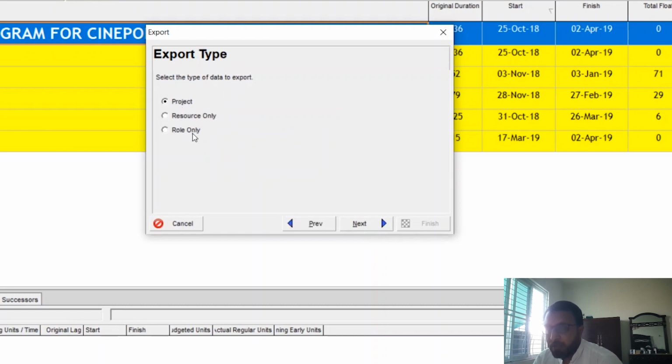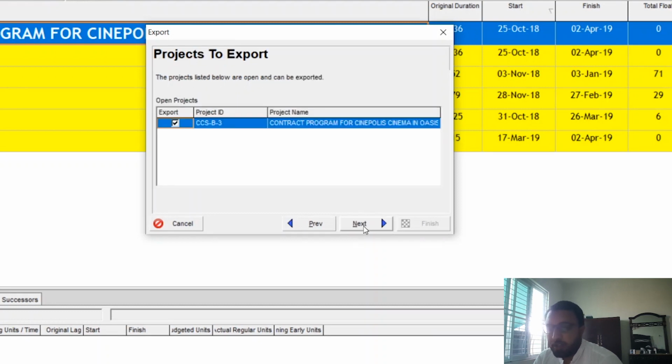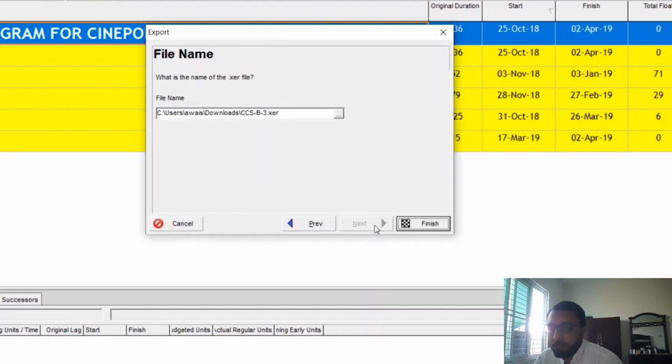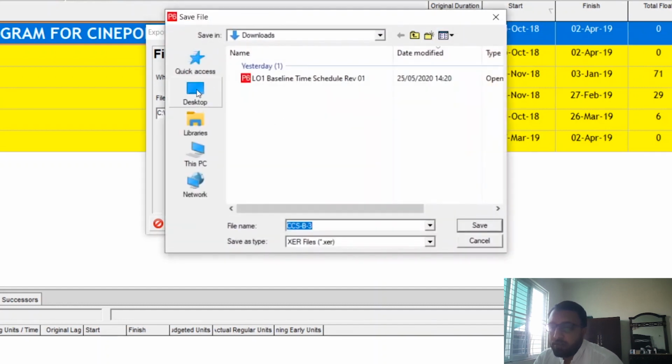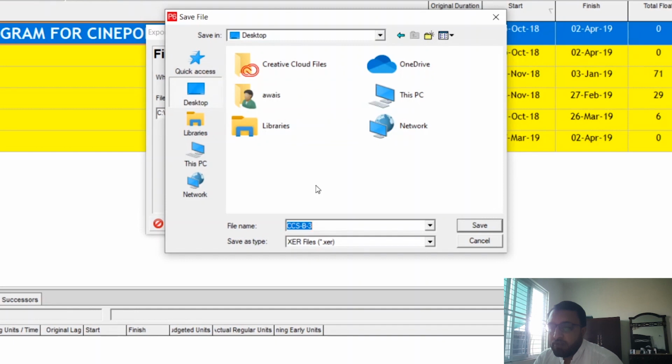Select the type of data to export: project, resource only, role only. We want to export the full project, then click Next. Here, which project do you want to export? Obviously this project is already selected. If it is, you must check this box, then click Next, and where you want to save it, just browse from here. I want to save it on the desktop, so I will write a name here, for example the name of the project,